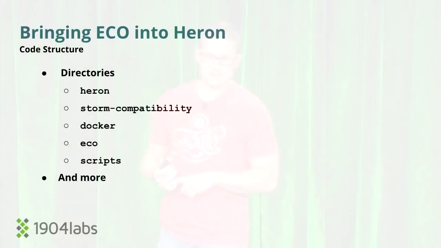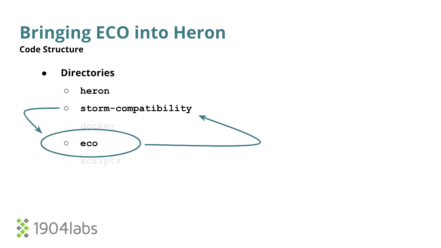So right away, your Apache Heron project is a monolith repo. So you'll have a bunch of top-level directories. Heron's going to be where most of the code is. And then for more of the third party or the external code, you'll have your Storm compatibility, which offers all of your Storm files. And then you'll have Eco, which is all your Eco files. And you'll have Docker, and then you'll have scripts for building the project and so forth.